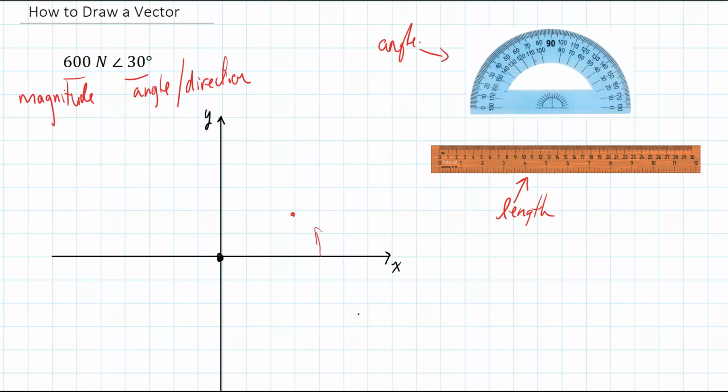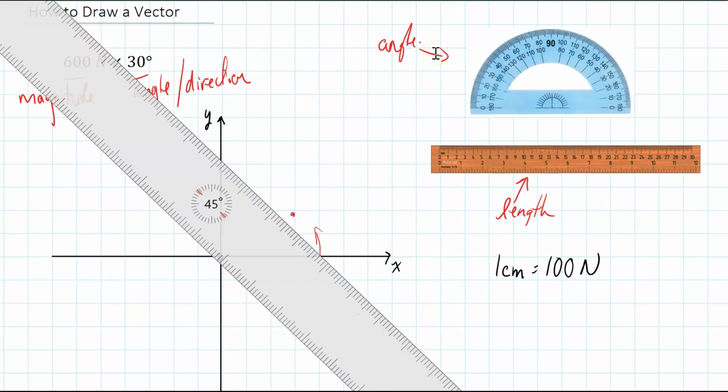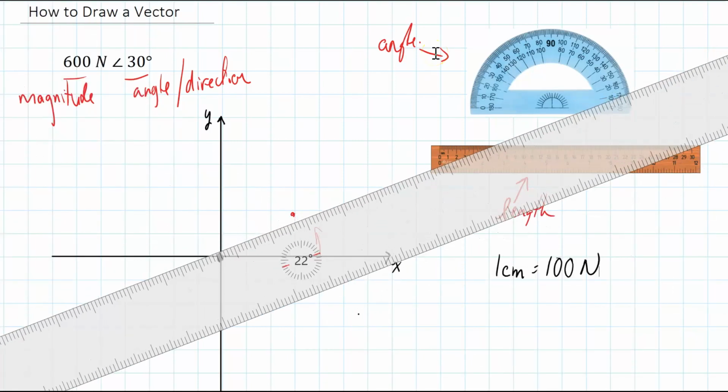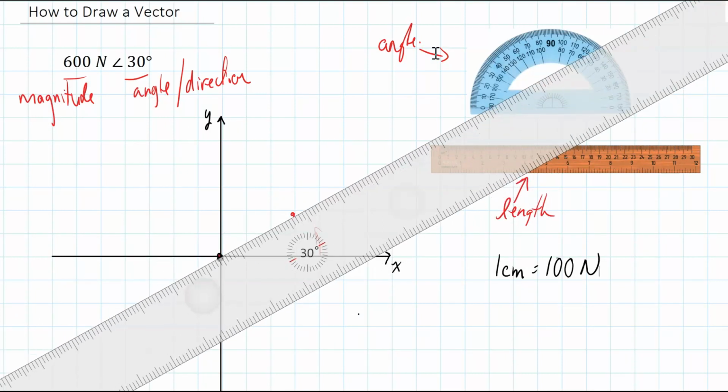Now I need to find the length of the vector, and I want to express this 600 Newton vector with some sort of scale. So I might use something like 1 centimeter equals 100 newtons of force. And therefore I need to draw my vector 6 centimeters long. And so you would grab your ruler, and this one isn't going to turn, but I do have a ruler on my page that I can turn and place right in here,